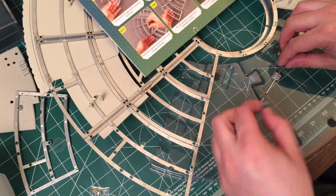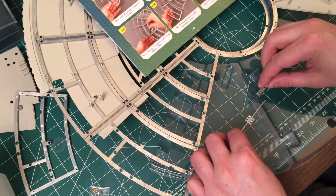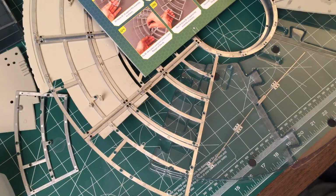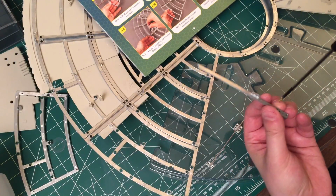Next, we have to install these little guys again. These are the frame stiffeners. And we've done plenty of these before, so you guys should already know exactly how to do these. Because I do. And if I can do it, you can do it. Okay, so again,